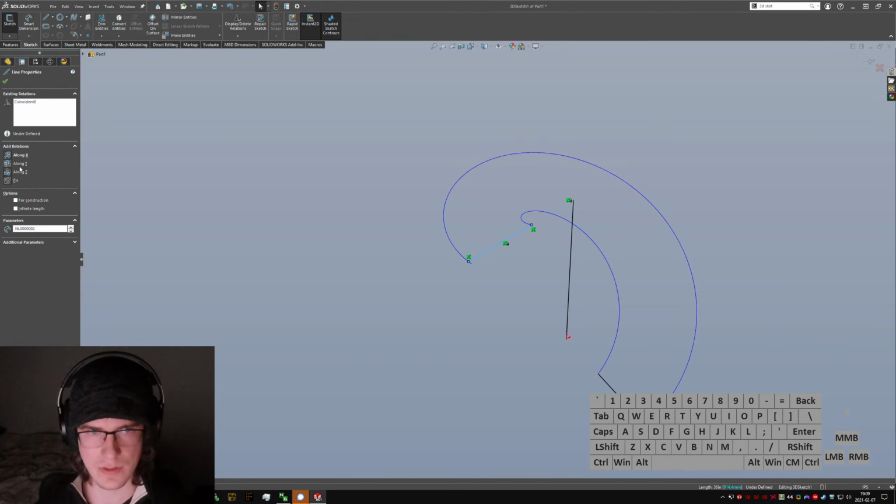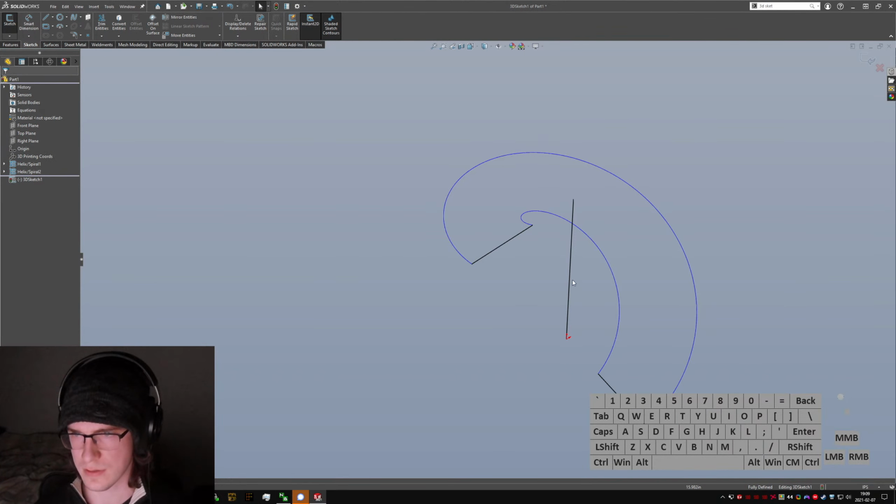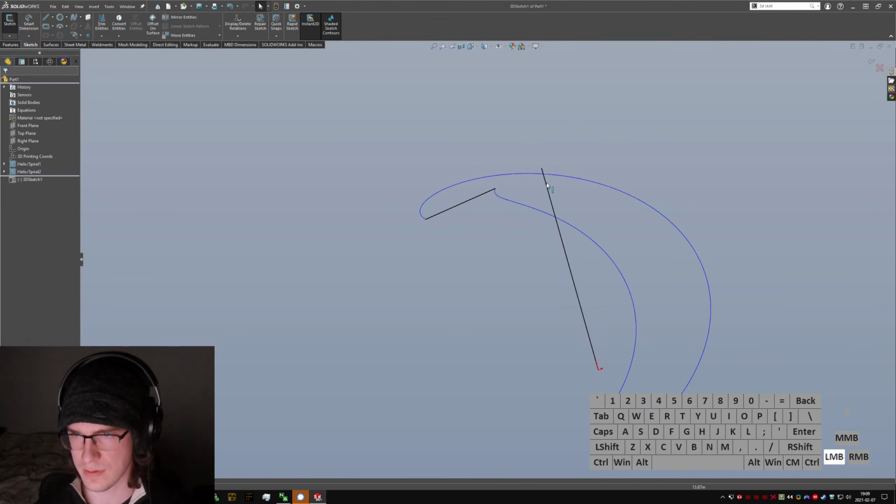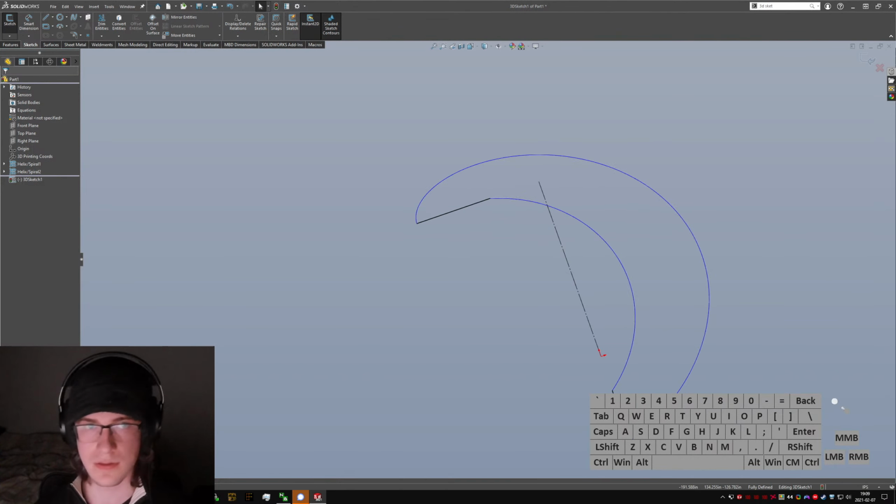Make this one along X. That seems to have defined it completely, which is weird. I'll just make that construction. Okay, so we have the base outline now. I may have to pick a thicken direction when I